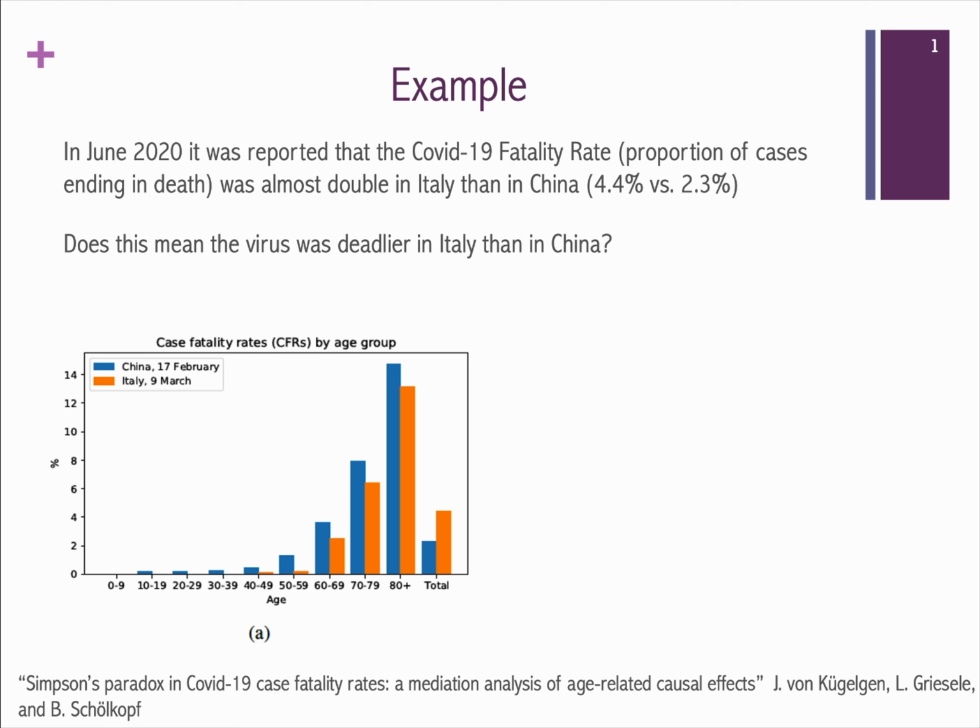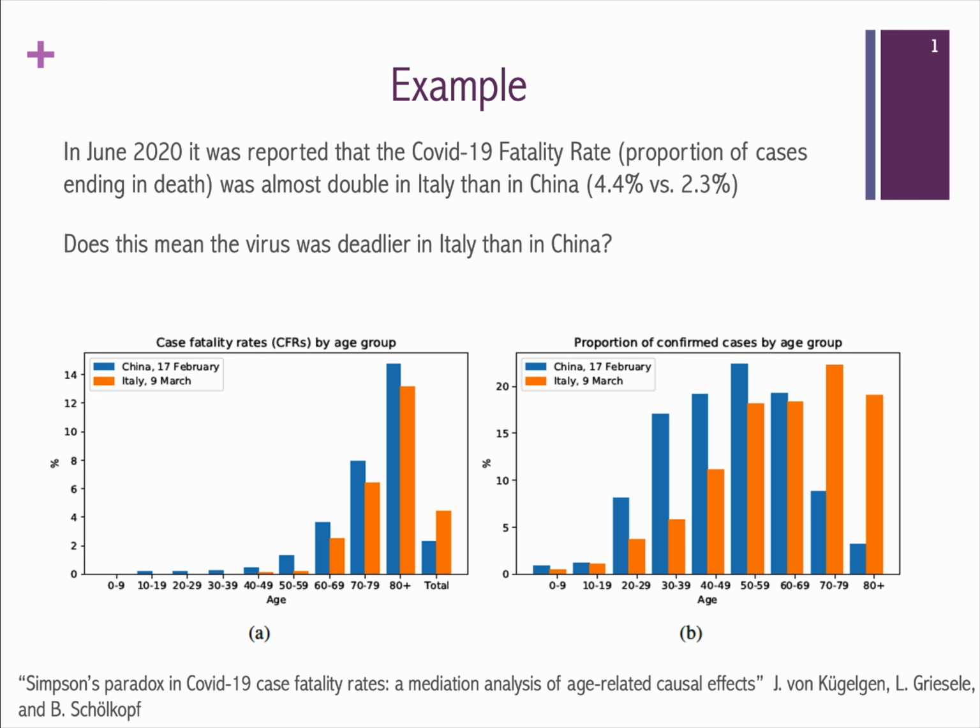Take a moment to think about that. Initially, learning someone was Italian made it more probable they'd die. But once you know their age, no matter what age that is, their being Italian now makes it less likely they'll die. To get a sense of what's going on, consider the age distribution of cases in Italy and China. Note that the people who got COVID in Italy were on average much older than those in China. This suggests that rather than the virus being deadlier in Italy, it's simply that learning someone was an Italian COVID case provided evidence of their age, and thus of factors that were causally relevant to survival.